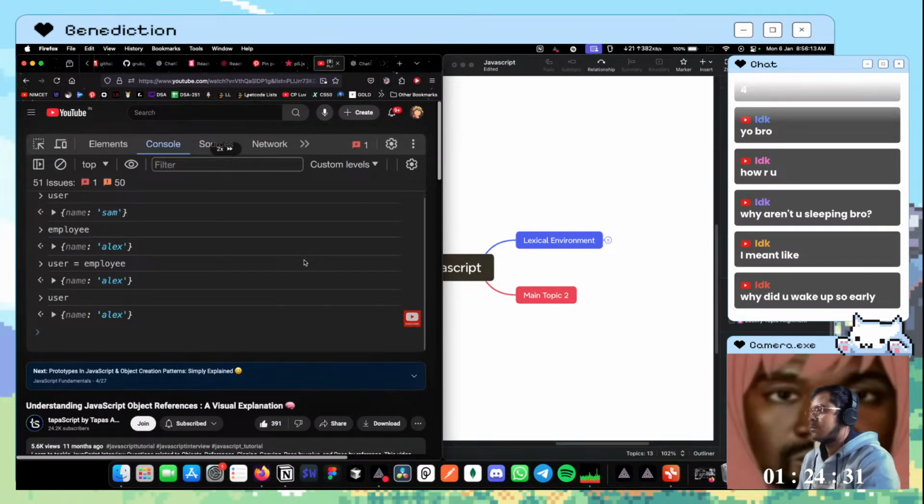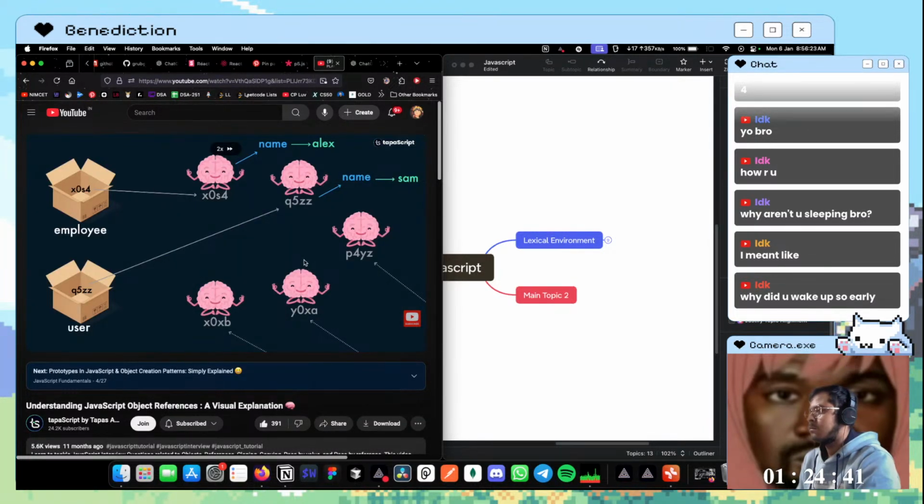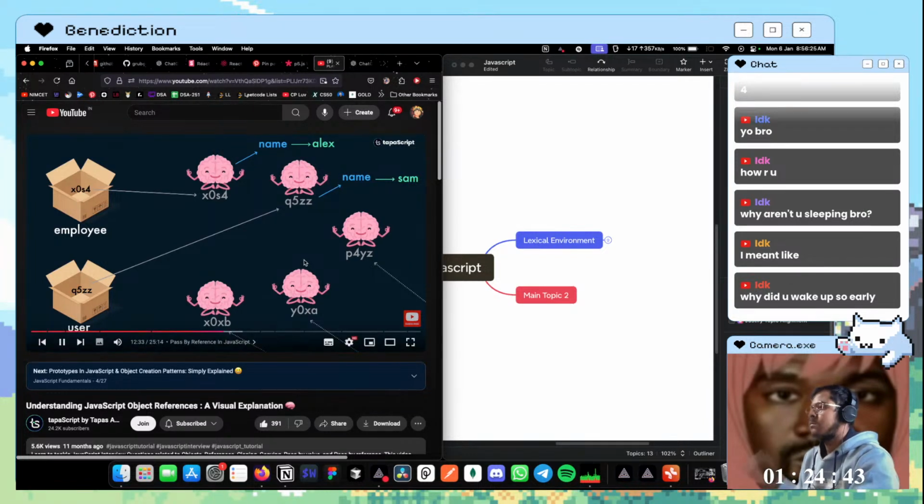Now, at face value, you might feel that what's happening here is exactly the same as what happened with primitive pass by value, but things are a bit different. First, we'll understand pictorially, and then come back here and show what the difference is and how big it is, and this may cause a number of bugs in your code. As we have done user equals to employee, it means we are not assigning the value that's stored in employee's memory to user's memory.